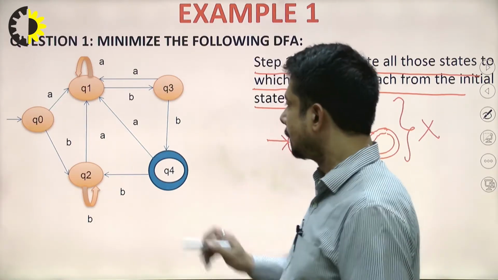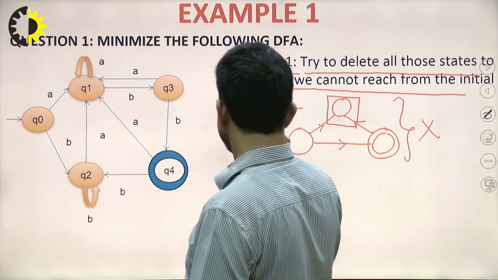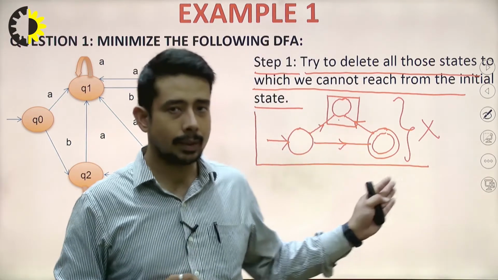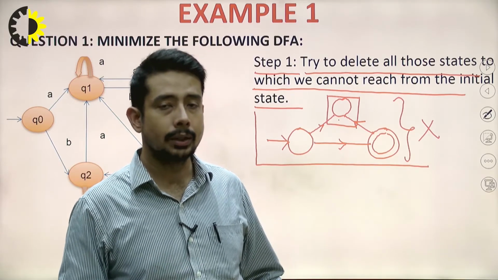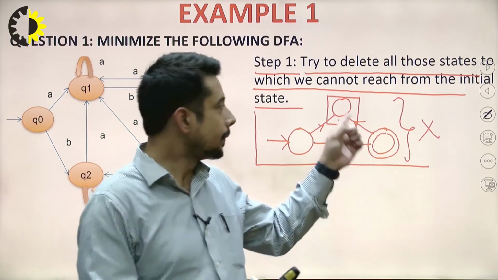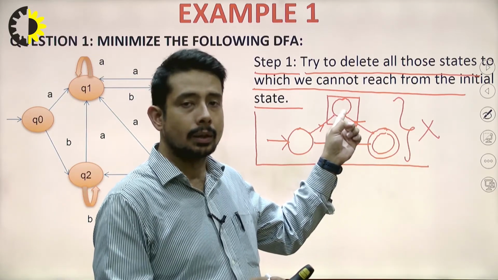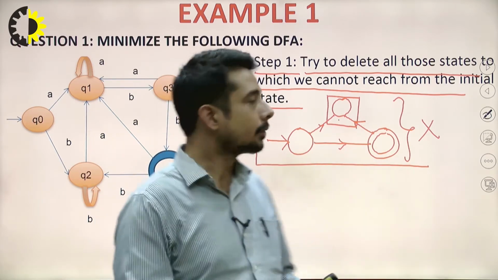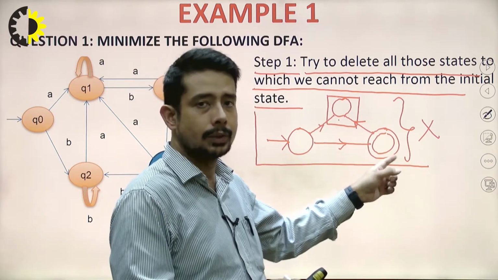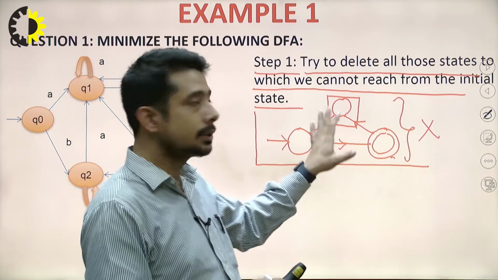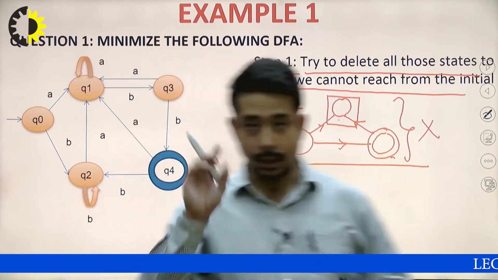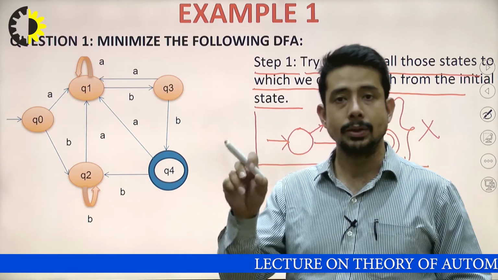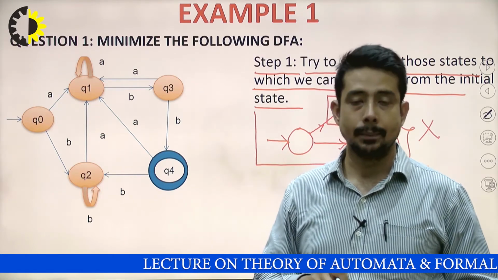Let us look into this particular thing now. You just try to skip that as of now. I mentioned it only to give you context, that this state doesn't have any role in satisfying any language, right? From this state there is no transition going to the final state. So this is of that category. But step 1 says that we need to find out certain states to which we cannot reach from the initial state, not directly.